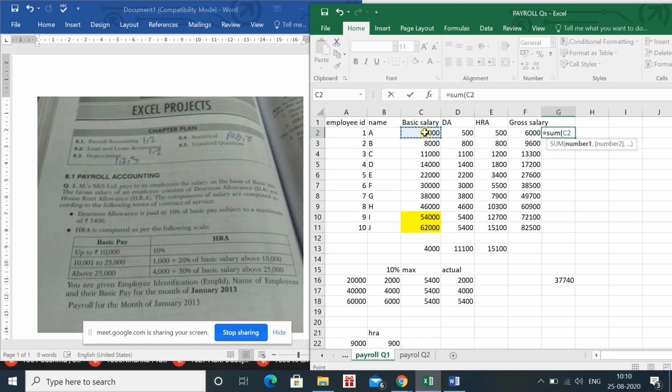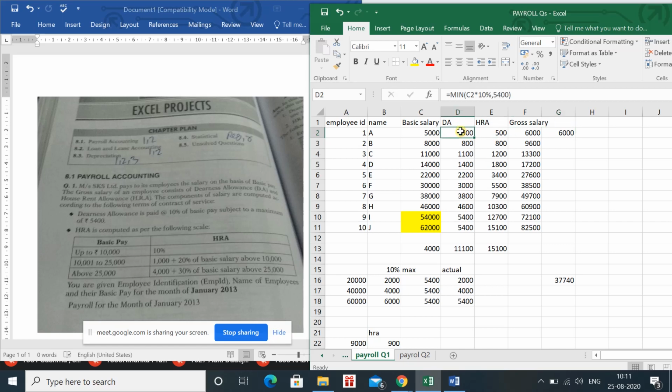अब मुझे select करना है, this means shift and rightward arrow key as I want to select my right portion. Then shift and rightward arrow key, right arrow key, then close it. You will receive the total of the values जिसको भी आपने select किया, whatever you have selected you will get total of that. Okay, this is the gross. But for DA and HRA we have to apply the formula.